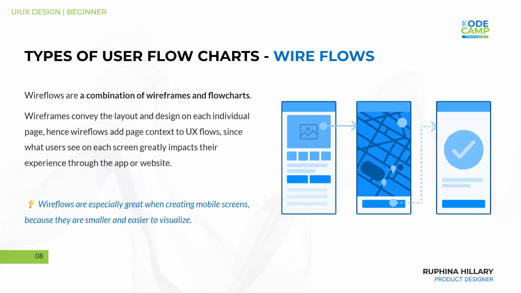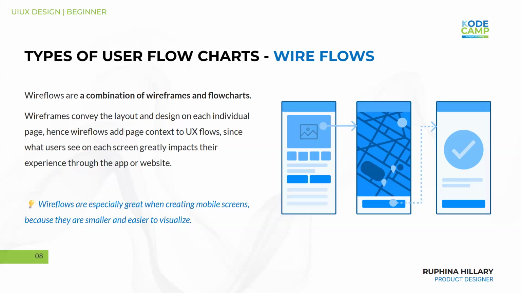Then the next type of user flow chart is the wire flows. Wire flows are a combination of wireframes and flowcharts. Wireframes are simply skeletons or sketches of your design, in a very, very simple format. So they convey the layout and design on each individual page. And wire flows add page context to UX flows, since what users see on each screen greatly impacts their experience through